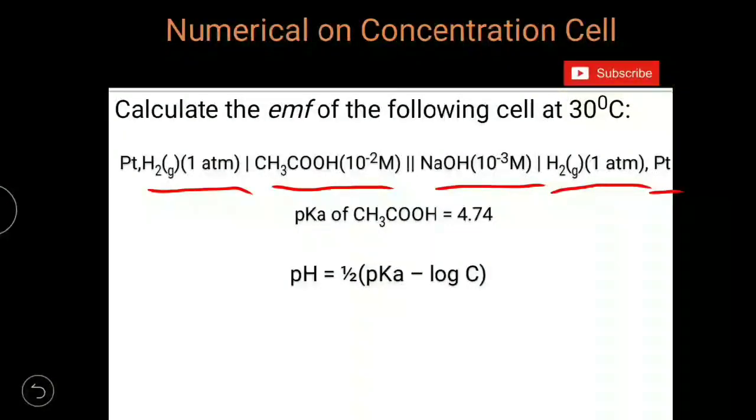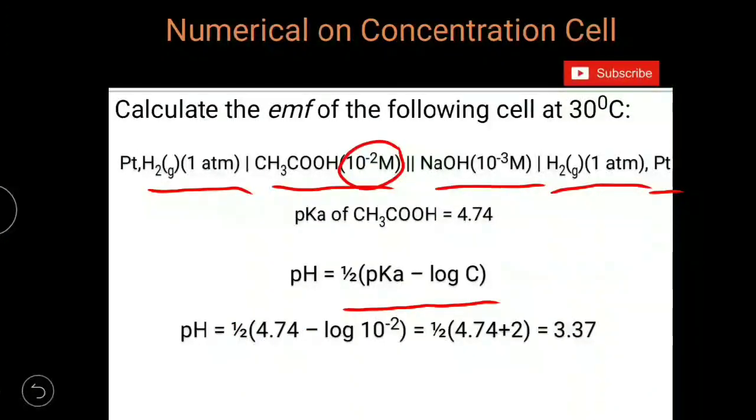And pH of weak acids can be determined using the formula half of pKa minus log C. When you substitute pKa value here, C value is 10 power minus 2. Then you will get the pH of acetic acid 3.37. And here NaOH is there. It means OH minus concentration is 10 power minus 3. Then what will be the H plus ion concentration? 10 power